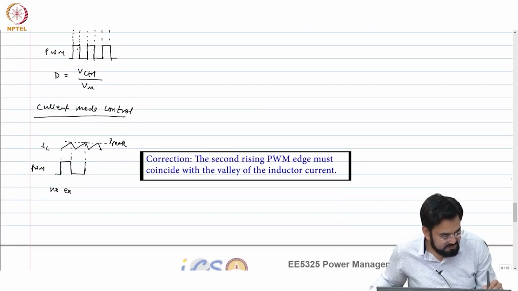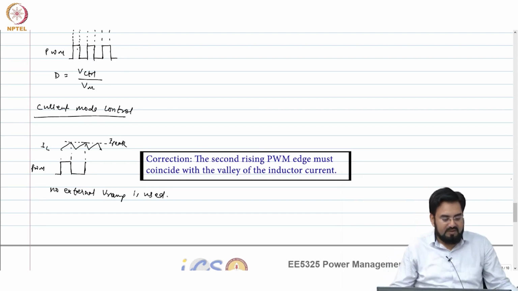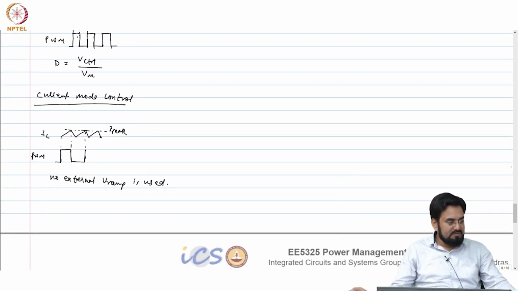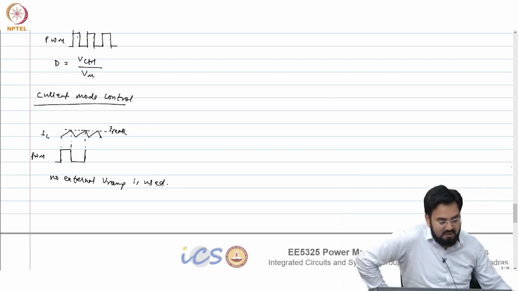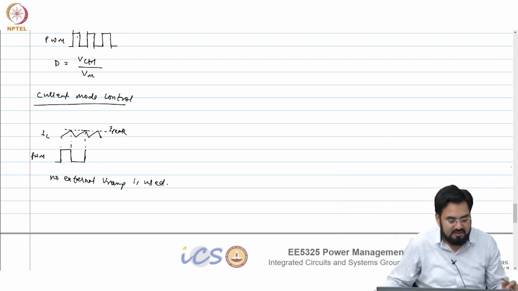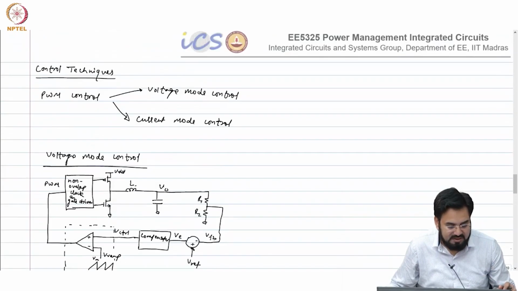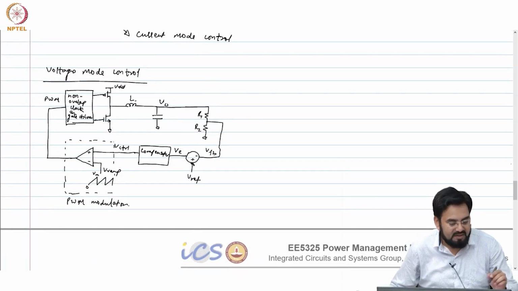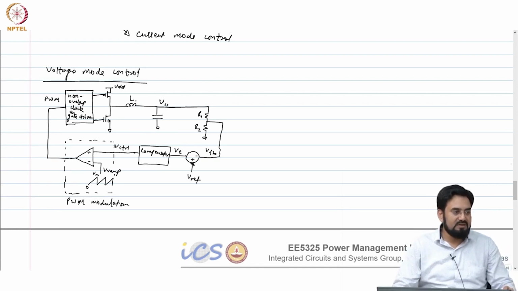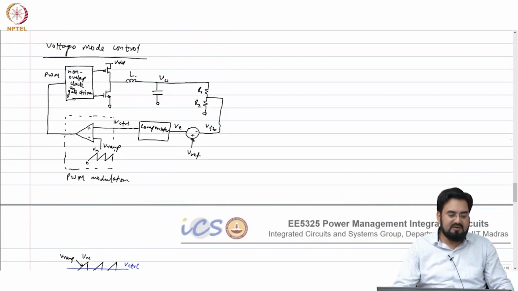So, no external ramp is used, okay. Theoretically you do not use one, but in practice when you implement it, there is a small ramp you use for compensation purposes. When we look into current mode in more detail, we will talk about that, okay. When we analyze the small signal and everything, we will do everything for voltage mode control, and we will talk about current mode in more detail later, because for understanding purposes,